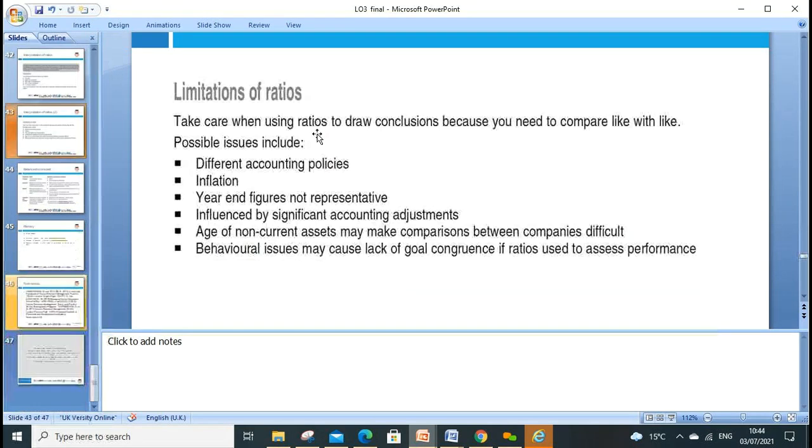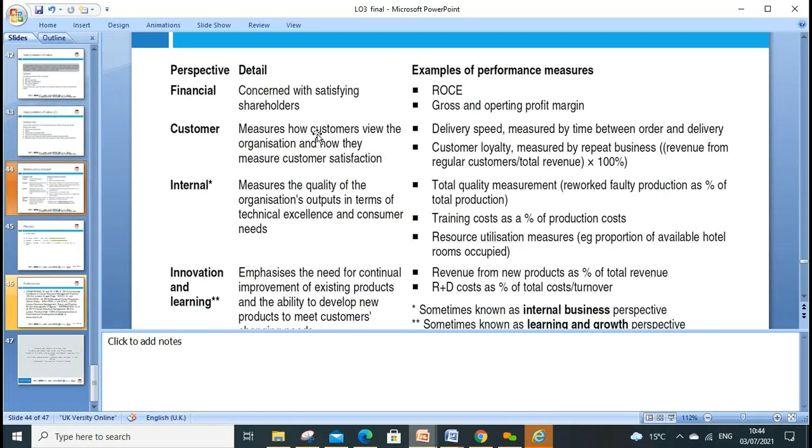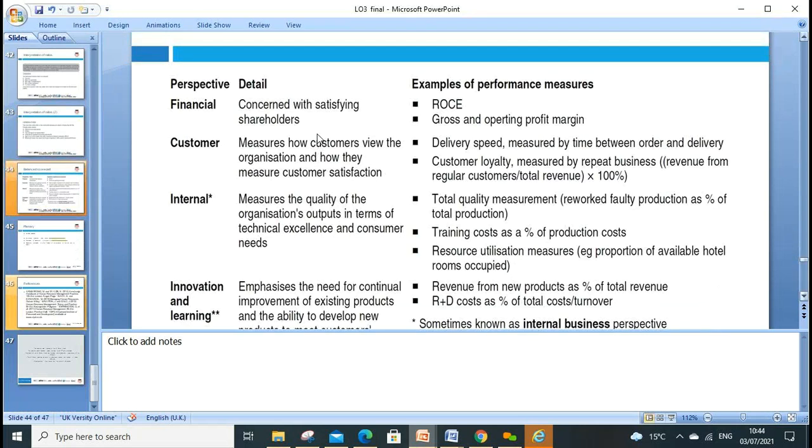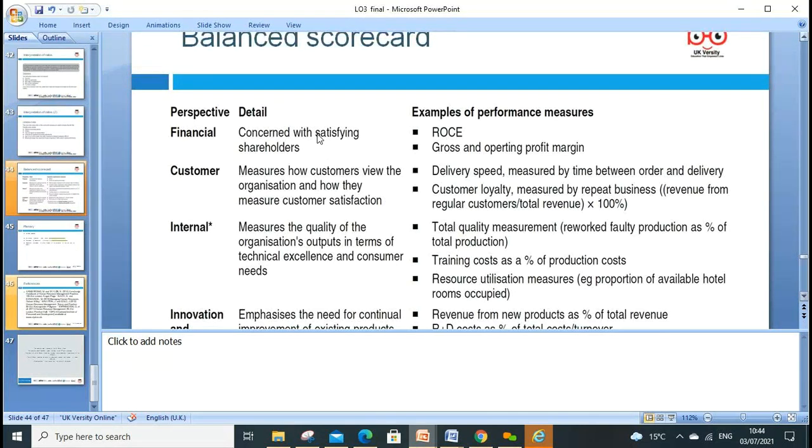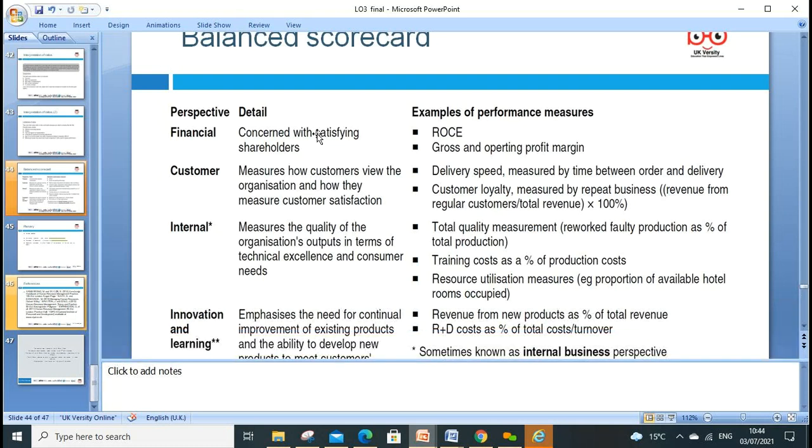These are all we are doing to meet the criteria. If you're adding any examples, we will meet. Then we have a model called the balanced scorecard, BSC. When you measure the performance with this model, don't measure just one thing. You look at the financial perspective, the customer perspective, the internal perspective, and innovation, and these are the criteria you can measure against.